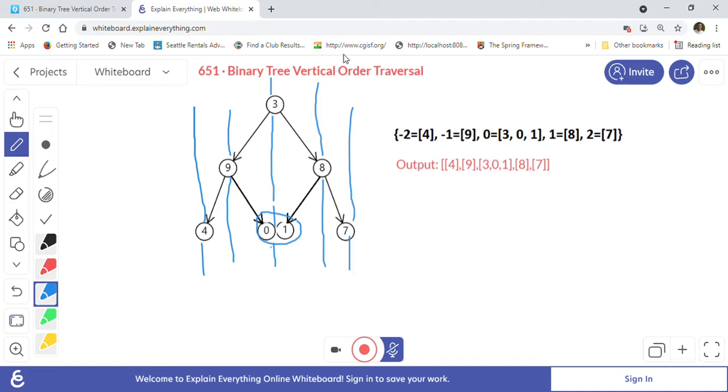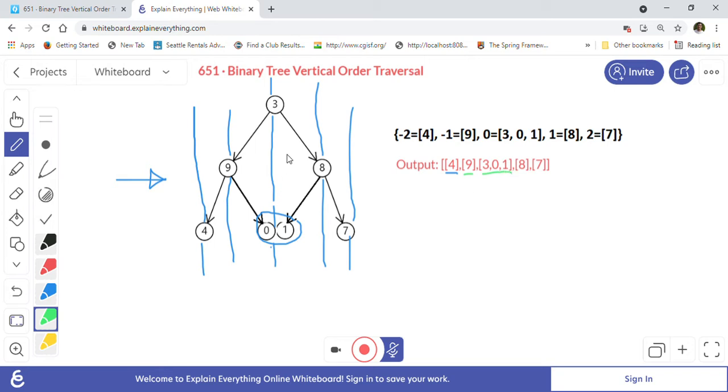So we have to do vertical order traversal as you can see from the output. We have to start from the leftmost node and go from left to right. So 4 is here, so 4 will come first. After 4, 9 will come. And after that there are three nodes in this column, 3, 0 and 1, so 3, 0 and 1 came here.